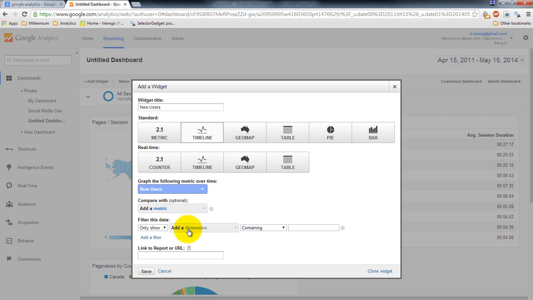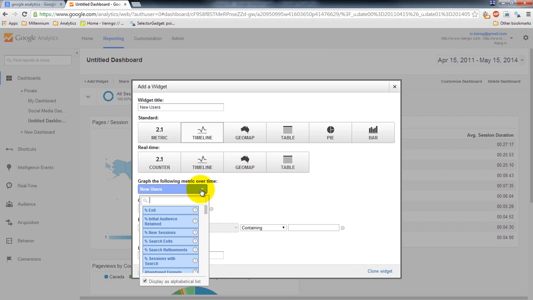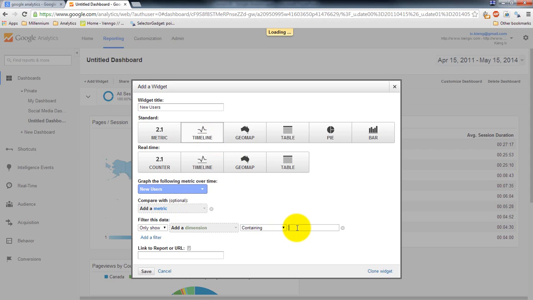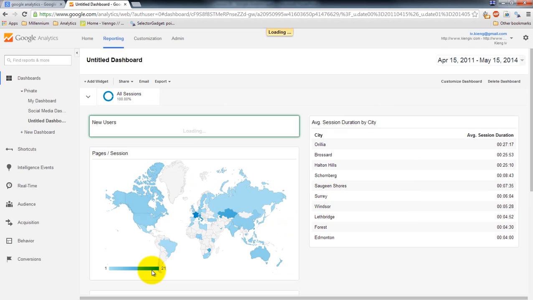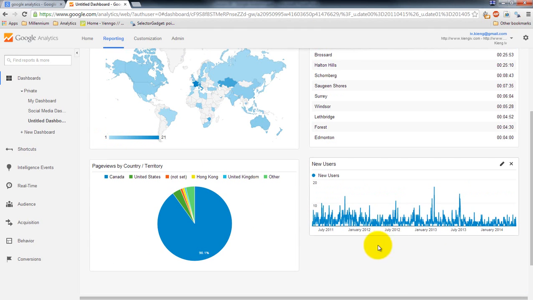Let's set it by country as well and analyze on Canada. You could do it on, for example, how they're accessing your data, so the acquisition type. Let's add this here. So now we've created a nice dashboard that contains page views by country, new users over time,